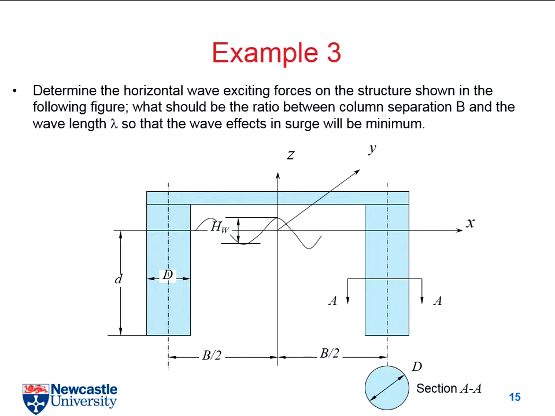So, if we still go to a Morrison equation, of course, no matter how deep it is, we will not change the density of water, right? So it's fine. And Cm, you know how to get the Cm from your formula set. It's okay. And this part, it will be a bit different because the acceleration will be a function of water depth, right? And if we do an integration, and here is,